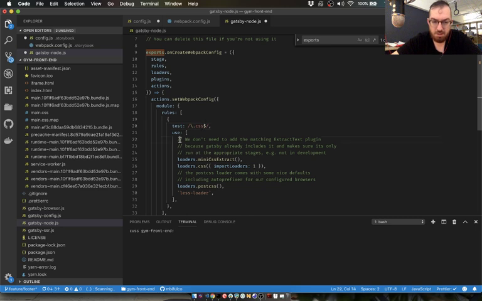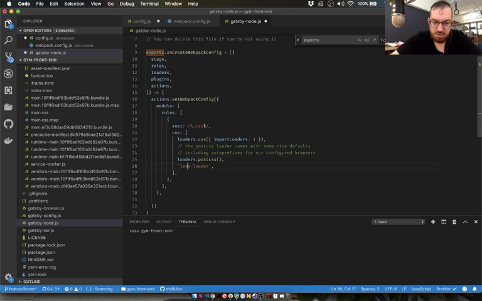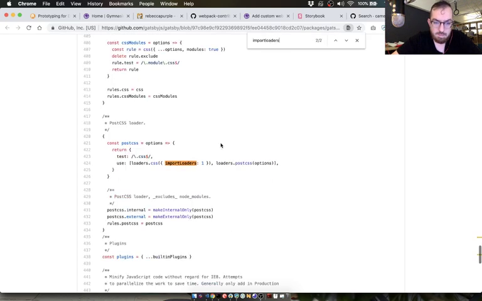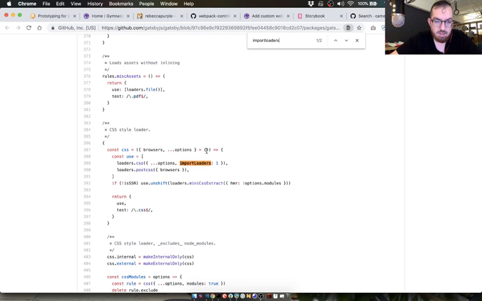Great. Use loaders.css. And all it says is import loaders 1. I guess we'll leave. I think that means import the other things. I don't really know. But it says loaders.css options import loaders, right? So